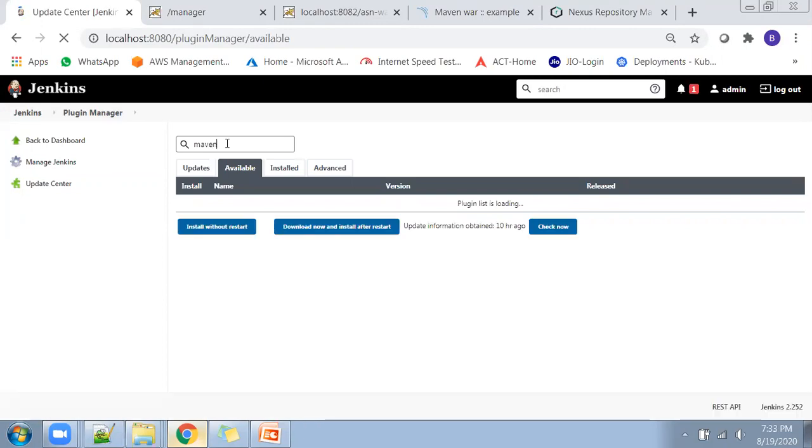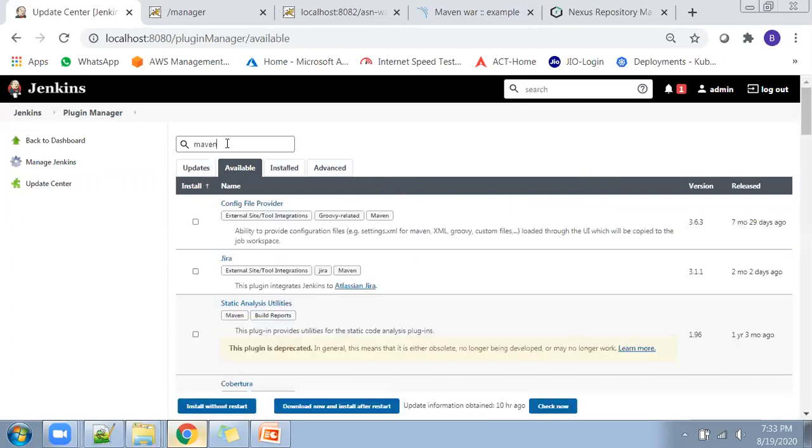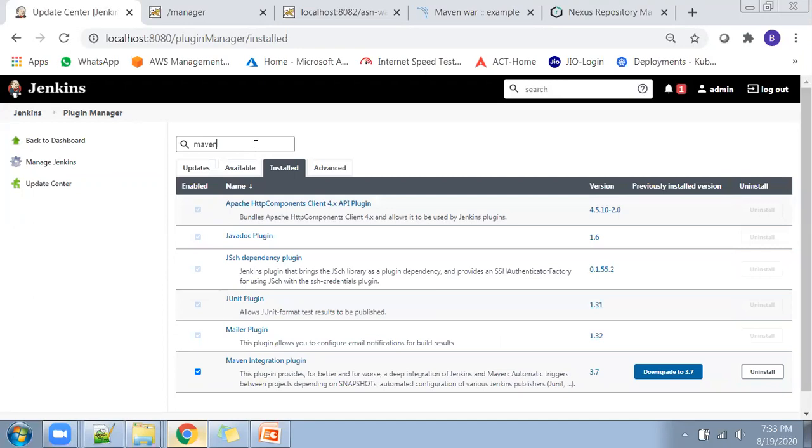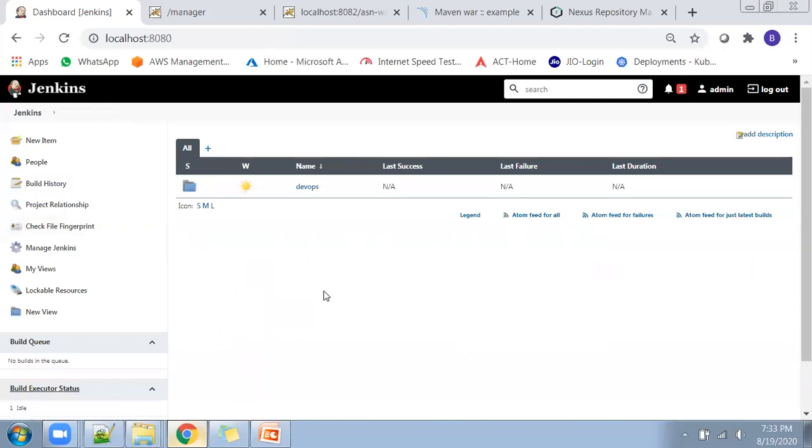The Maven integration plugin has a lot of dependency plugins, so for the first time, you might get failures, but you can keep on trying two to three times so that the Maven integration plugin can be installed, because this version of Jenkins is downloading the plugin during runtime. So keep on trying until you see the Maven integration plugin. Only once these two prerequisites are satisfied can you configure the Maven type of job.